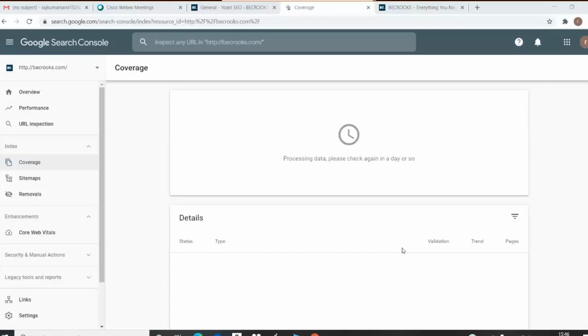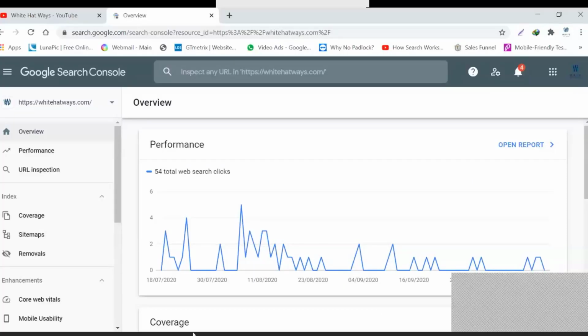Now the data for your accounts obviously is not going to populate, so we will go to my Search Console, and we will get to see the data over there in my Search Console account, because for you it will still take another day or two, and then there won't be that much of the data. So I'm just taking you to my screen.